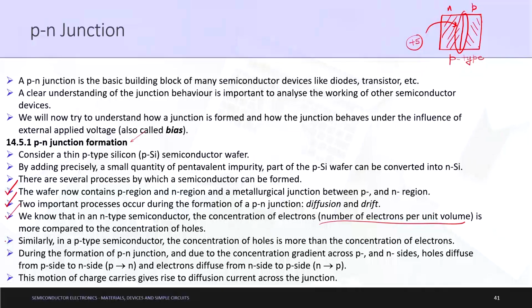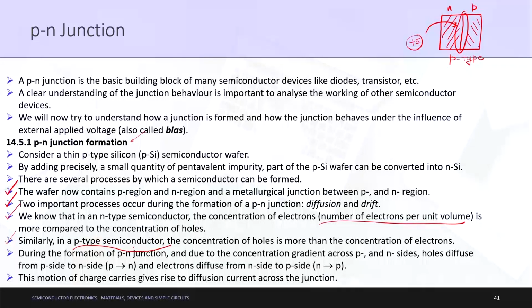Similarly, what is a P-type semiconductor? A P-type semiconductor is a type of extrinsic semiconductor having more holes. A trivalent impurity is added to it, and therefore the majority charge carriers are holes and the minority charge carriers are electrons. So in a P-type semiconductor, the concentration of holes is more than the concentration of electrons. Fine. That being said, now during the formation of a PN junction and due to the concentration gradient across the